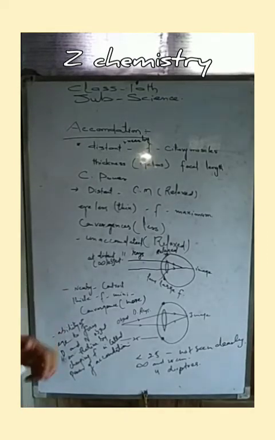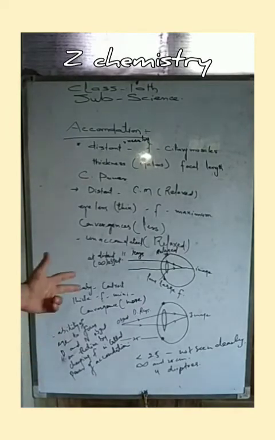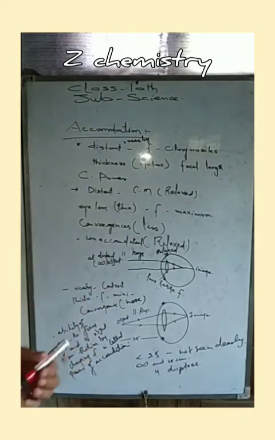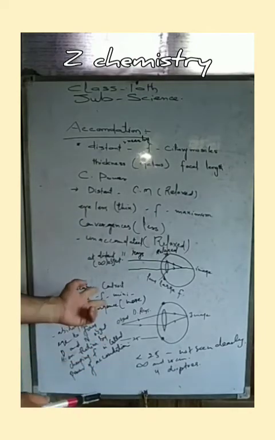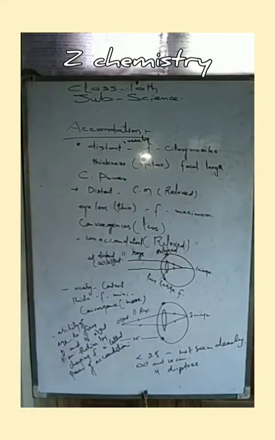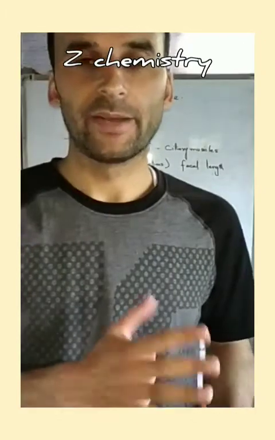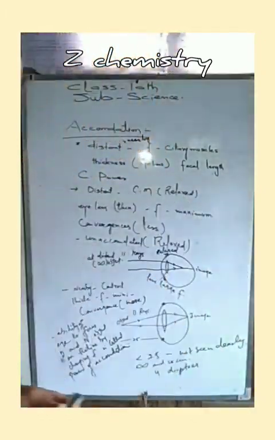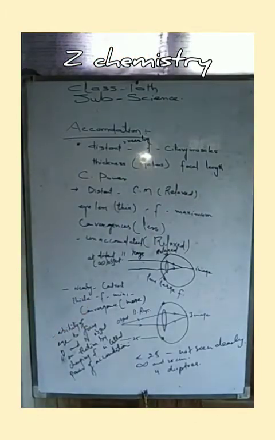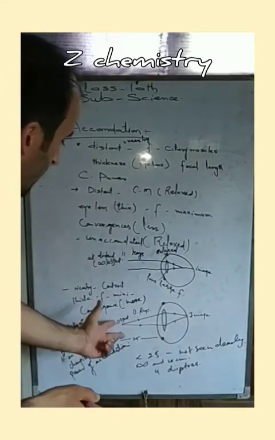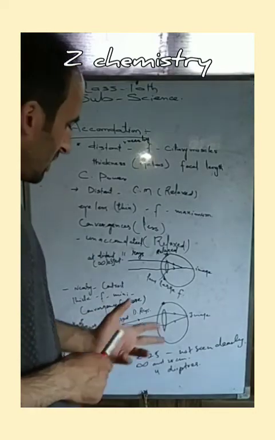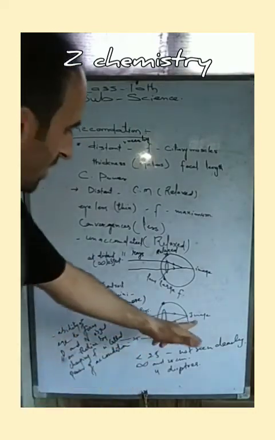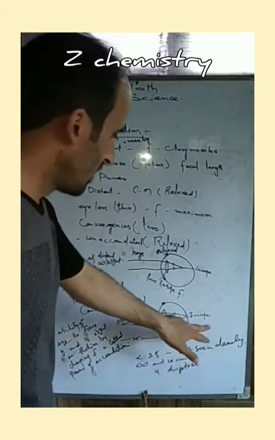And when the case is of nearby objects, the ciliary muscles contract, or we can state that they get stretched, due to which the eye lens becomes thick, and focal length becomes minimum, or we can state that the converging power of the eye lens becomes maximum, and the object is seen very clearly. Here is the object which is at a nearby distance. From it, two diverging rays strike the lens, and the image is formed on the retina.